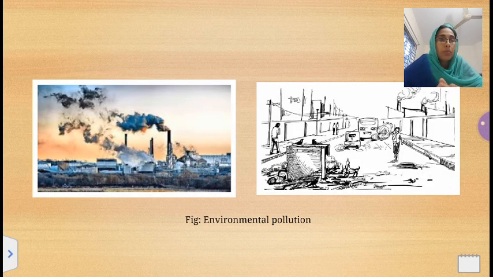And there are two pictures of environmental pollution. Here, smoke emitting from the chimneys of a brick field, and another picture shows garbage or waste. People throw it here and there, and crows, dogs and people disturb it. It not only pollutes soil, it also pollutes air. Okay,